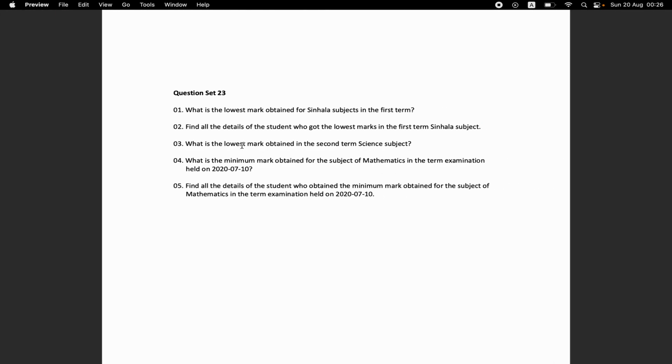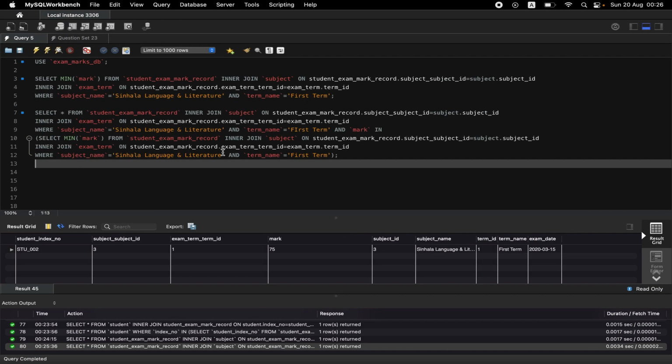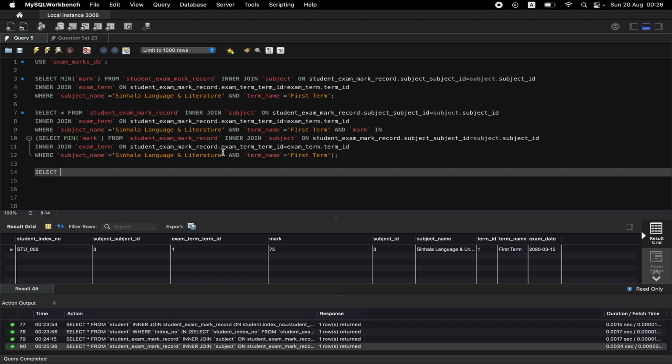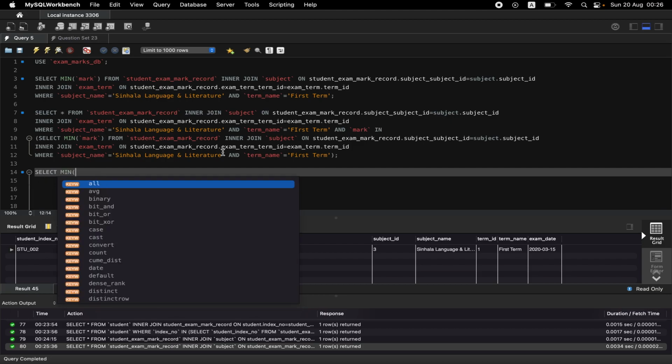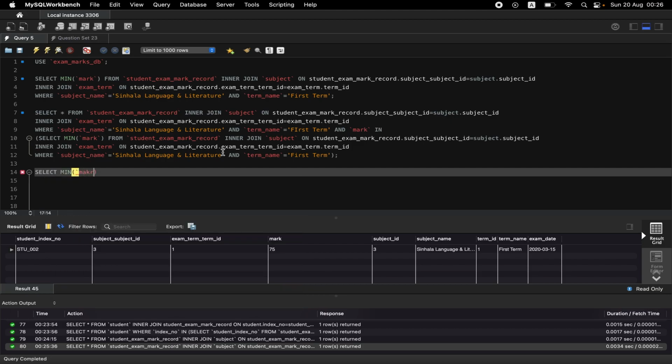The next question is, what is the lowest mark obtained in the second term science subject? So to get the lowest mark, select minimum mark from student exam mark record table, inner join